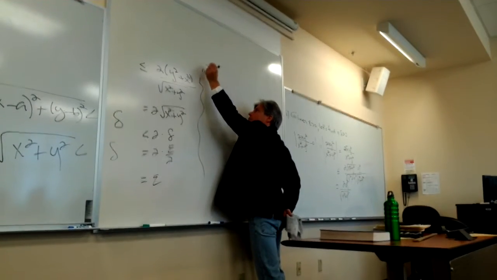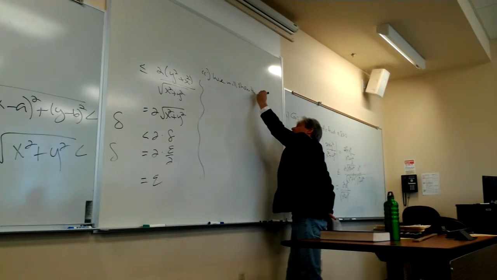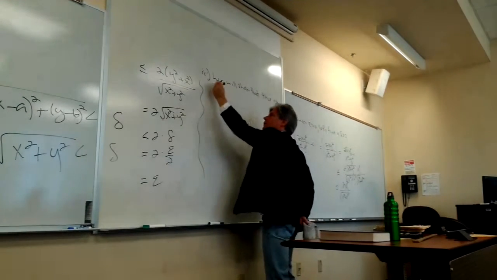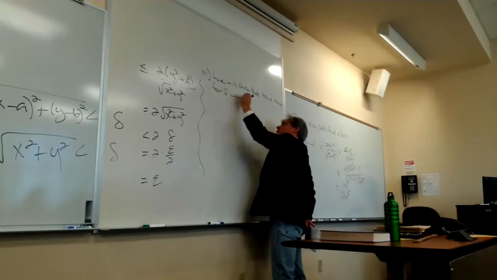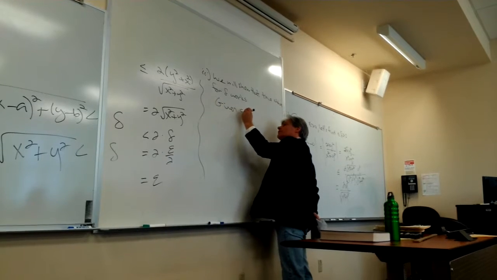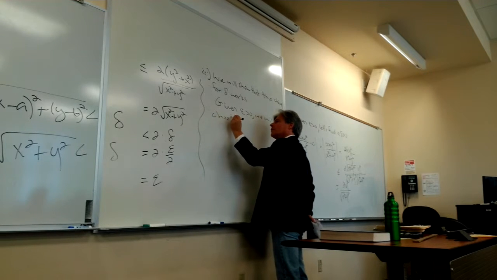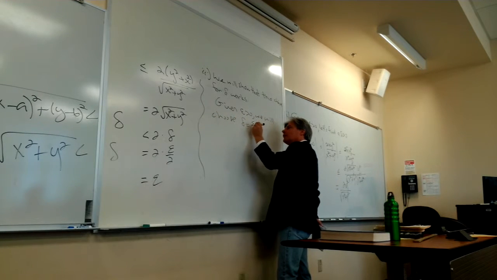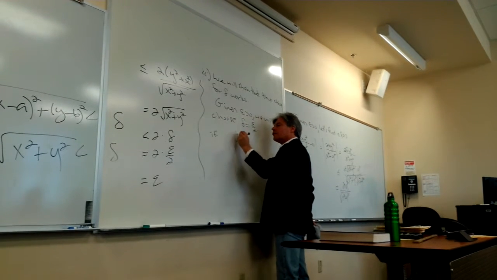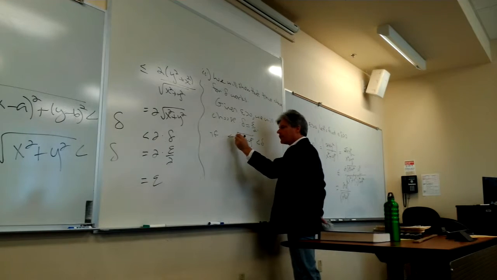How about part 2? We will show that this particular choice for delta works. So, given any epsilon greater than 0, we will choose our delta to be equal to epsilon halves. But that necessarily implies that if the square root of x squared plus y squared is less than delta, and by the way, we don't care if it's equal to 0,